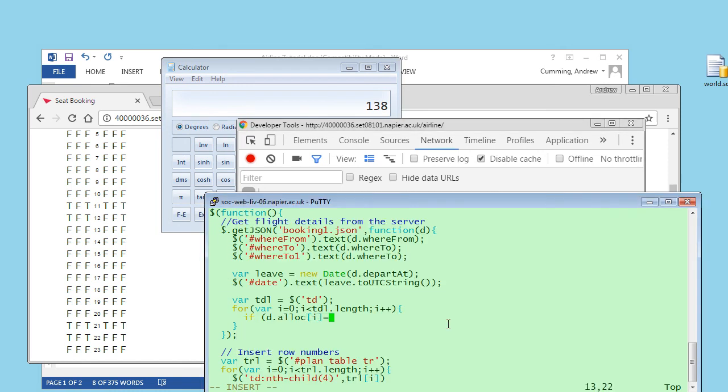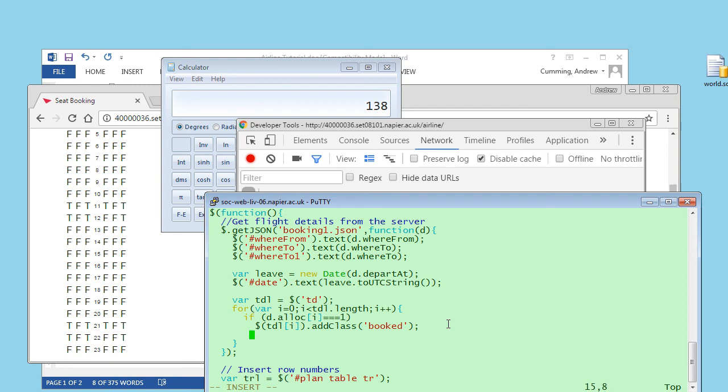If that equals 1, then I'm going to add class, so $tdl[i], that's the ith element, and I'm going to addClass. A 1 indicates that it's been taken, and so we had class booked for that. So that's booked,